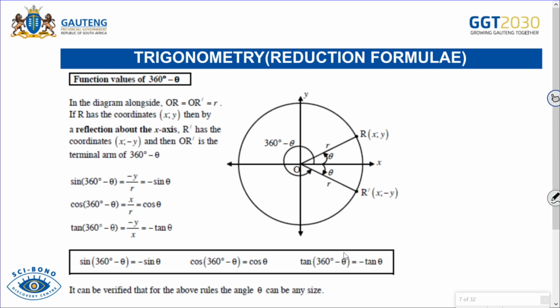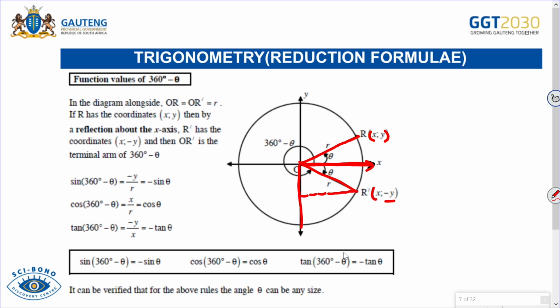So in the diagram alongside, OR is equal to the reflection. Then if you reflect OR by this line, which is the x-axis, it's going to be reflected to this side. So whatever coordinates you had, x is to y, the value of x is still going to be the same because we're still looking at the same x-axis, so it's still going to be x. But the value of y, because now we are looking at this side, is going to be negative y, right? Okay. So by a reflection about the x-axis, R has the coordinates x is to negative y, what I just said,